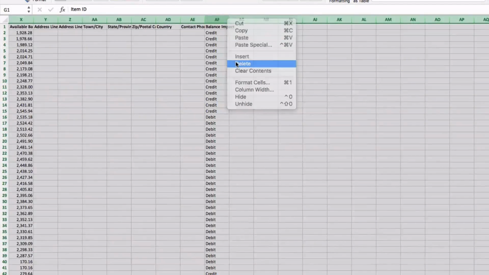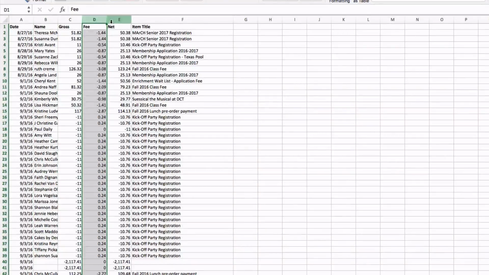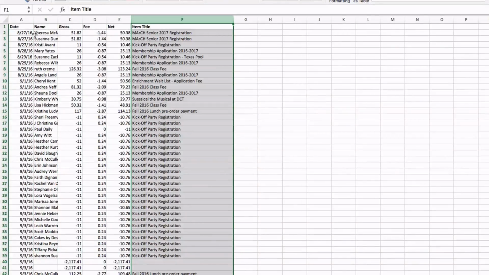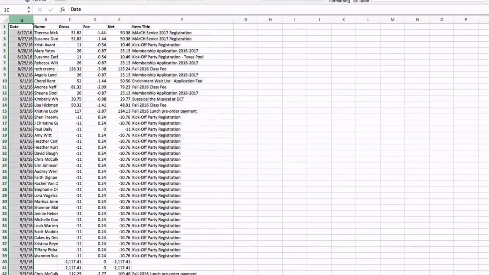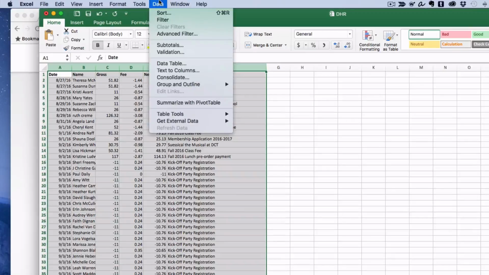So when I'm done, I only have a few columns. So I have date, name, the gross, the fee, the net, and then the item title. So now that I have this, I'm going to highlight them all, and then I come up here to the tools menu and I hit sort. And I'm going to sort,